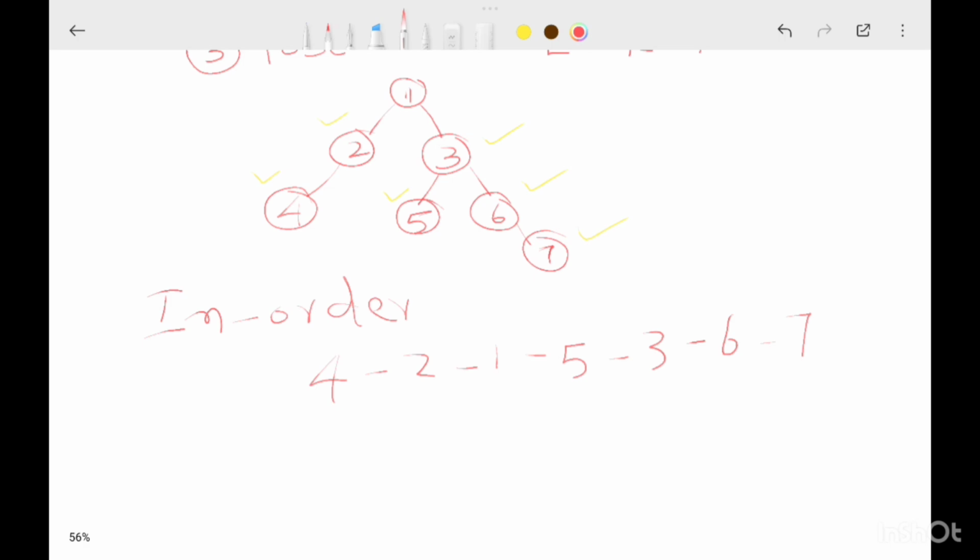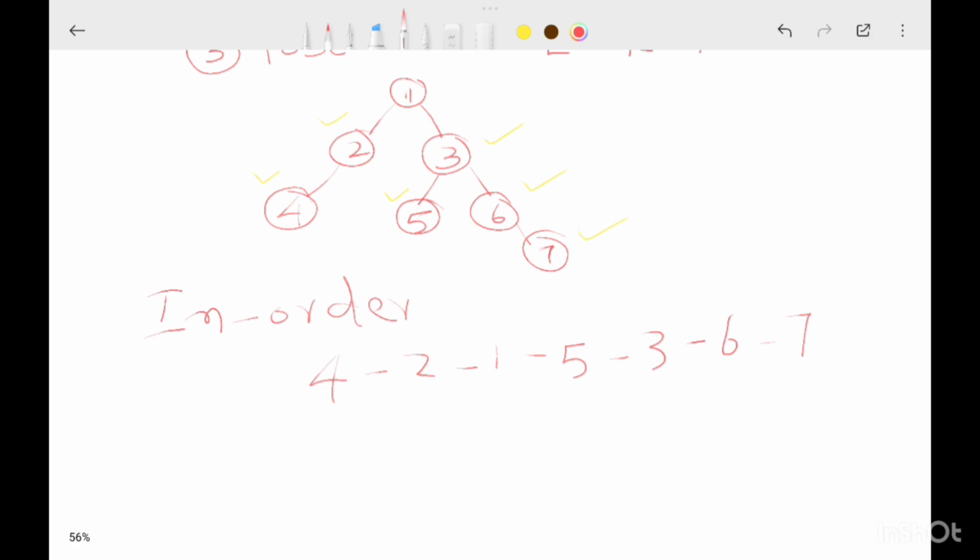So the root node should be visited in between the left child and right child. We start from the root of the tree. Whenever we take one node as a root, we need to check whether it contains a left child. If it has a left child, then we need to move the root pointer to the left child. If not, then